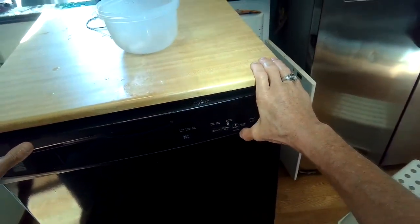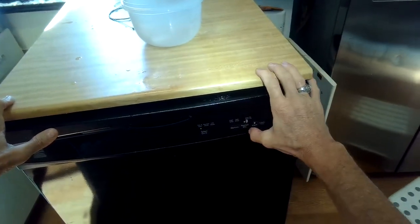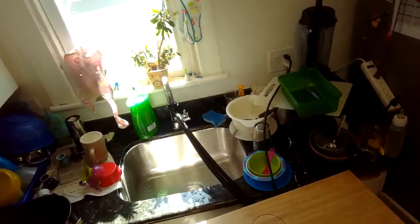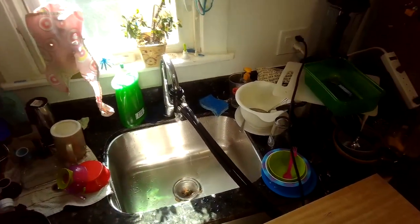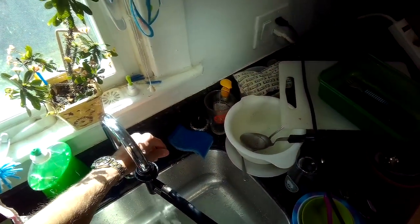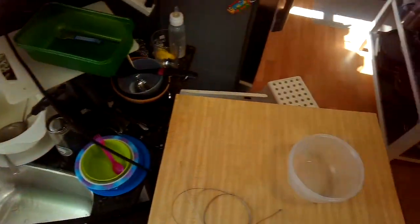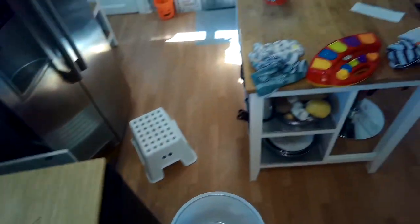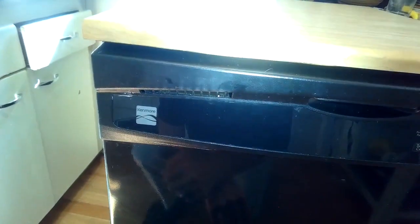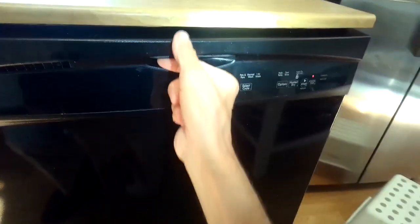Close it. Go, select cycle, start. Looks like it's getting rid of the water pretty fast now. So it's drained out all the water. We can hear that whirring sound, that is empty sump. It means the water has all been pushed out of the sump area down at the bottom, and it's just spinning air. So it did get rid of all the water,